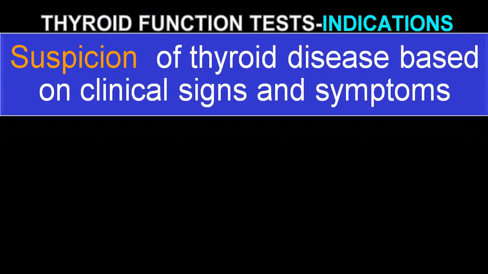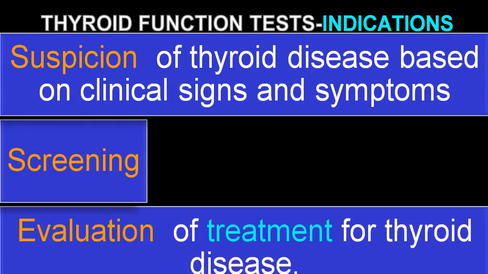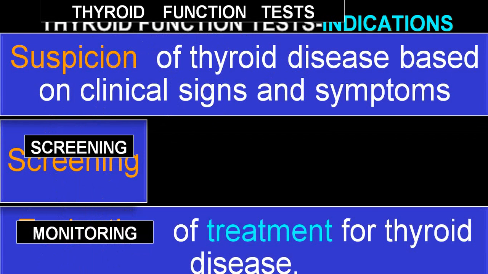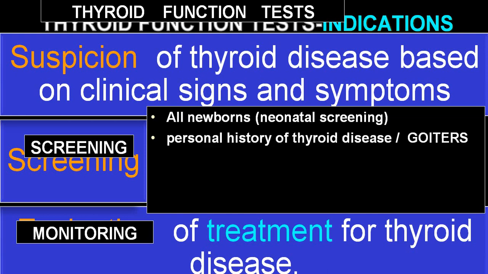Indirectly, we do it in any suspected person who has the possibility of a thyroid disorder. We want to identify the cause of that particular hypo or hyperthyroidism, that is for screening purpose. So for screening purpose and for monitoring, once you start the treatment, you want to identify whether the person is responding, not responding, whether improving, and you want to monitor the treatment and control reaching the goal. So it should be done in all newborns.